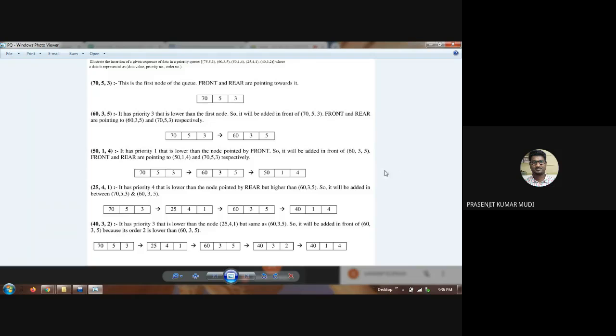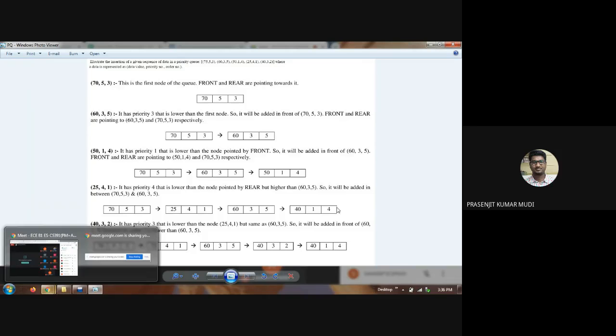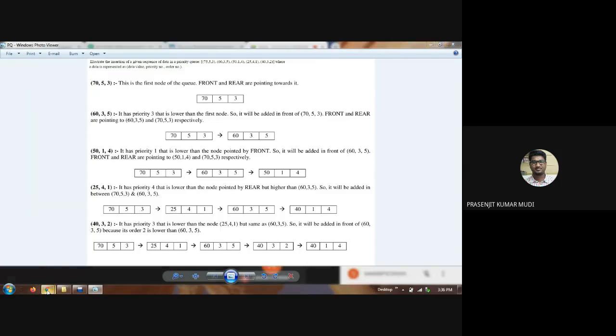So in the next semester, there is a course which you will be studying, that is design and analysis of algorithms, where you will be studying more elaborately about job scheduling algorithms, etc. Okay, so in that case, priority queue finds some very good application. That's why it is very important. And job scheduling means, I mean,